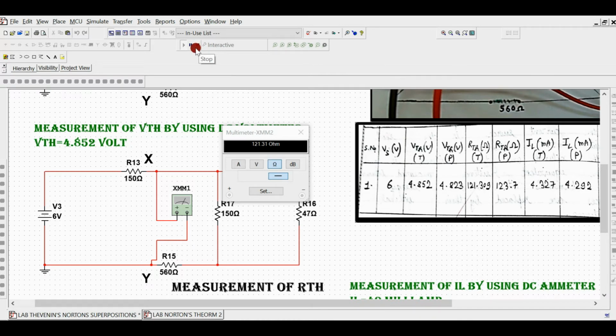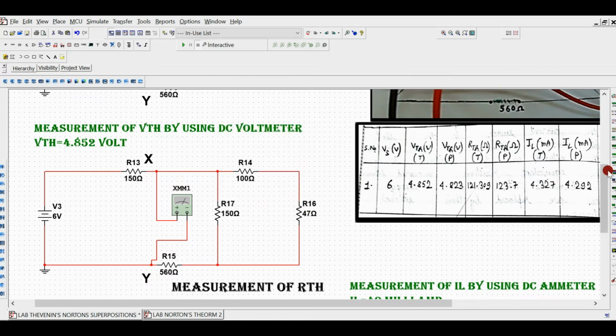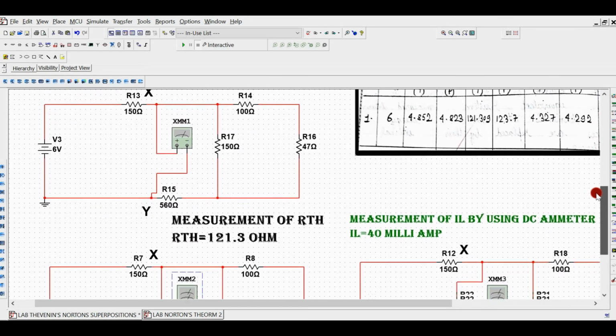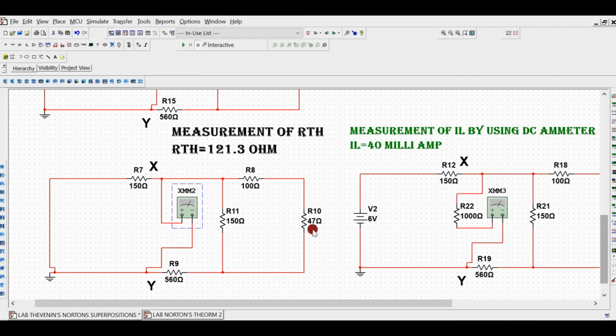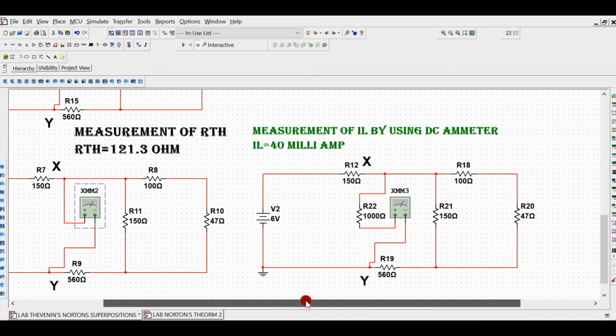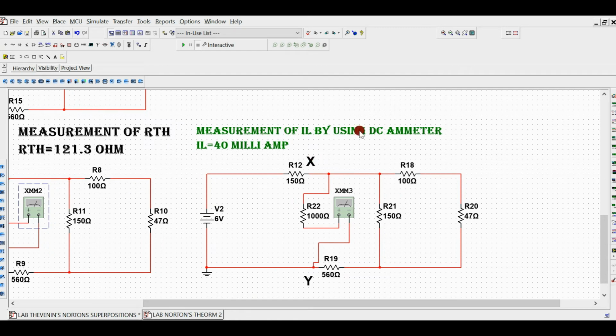And then you can see now we are going to stop this simulation by clicking on this red button, then close this wizard. And then guys, what is the load current? You can see whether the load current is correct or not. So this is the original circuit. We have considered the original circuit. A 6 volt voltage source is there, all the resistances are connected, and this is the load resistance already present in the circuit of 1000 ohm.